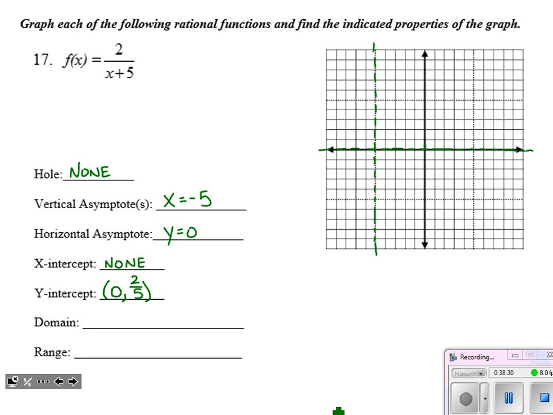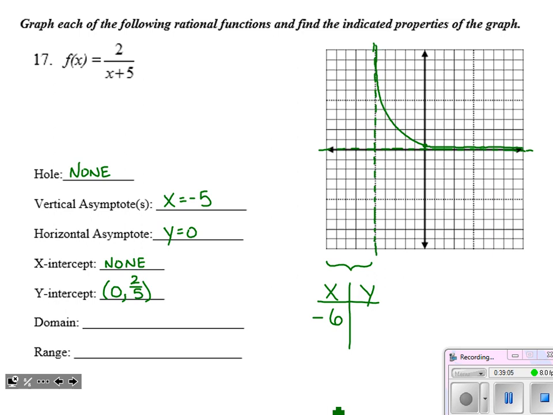Okay, and I'll plot that in about 1/4 of the way up. And I have enough over here to draw in that graph approaching the asymptotes passing through that point. But yet again, there's a region on the left where I don't know what's going on. Always go back to fond memories of freshman year, making an XY table of values to take care of that. The x input that I'm choosing is going to be a -6. Again, staying close to that vertical asymptote, but being on the left side of it, where I don't know anything about the graph.